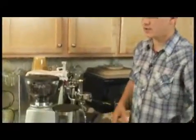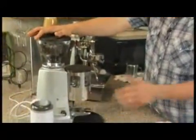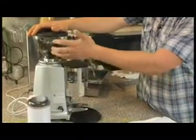So now I'm going to talk about your espresso grinders that you're going to use to grind your beans. And here I have two variations of home espresso grinders. On this one right here, how it works is you got your hopper, you put your beans in, flows down